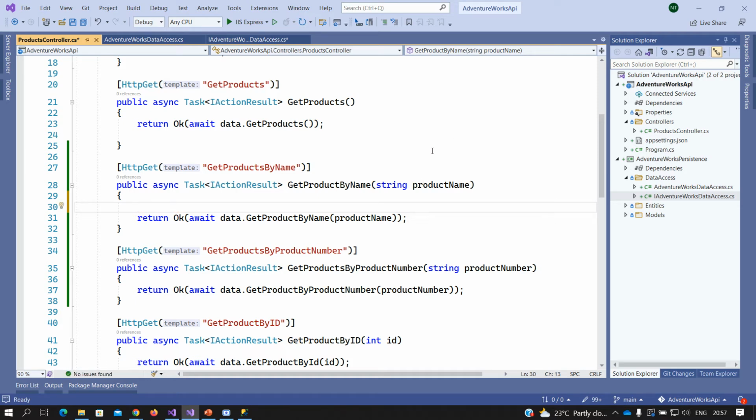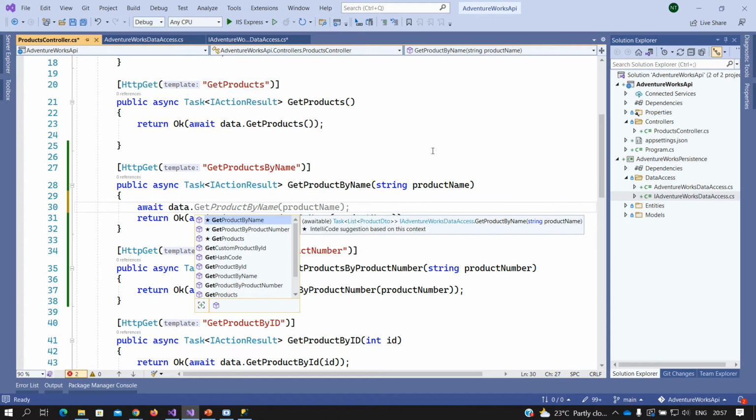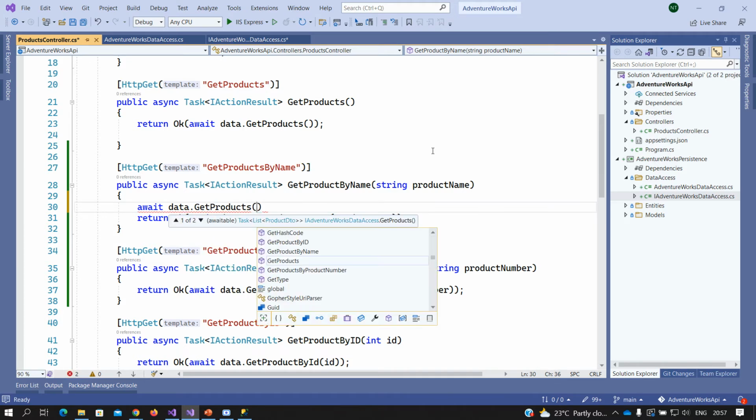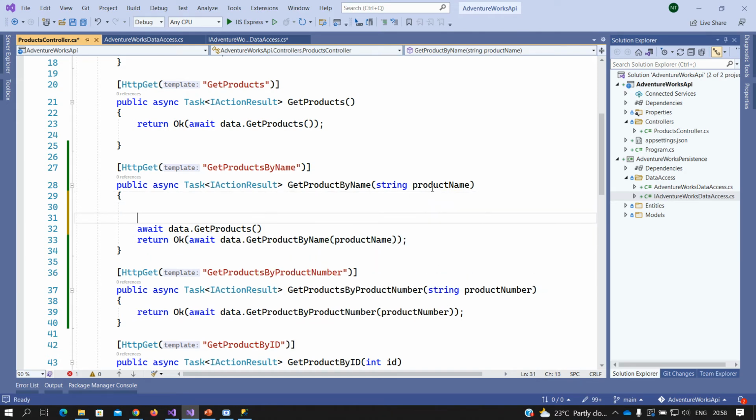Because if I want to do await data.GetProducts, you can see the second option that we have here is going to take the expression. So I need to first build the expression and then send it to that method. To do that, I have to create a